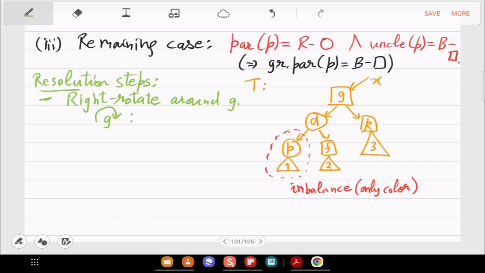So what you get now is, and let us not change the colors, we'll do that later. This is just right rotation.